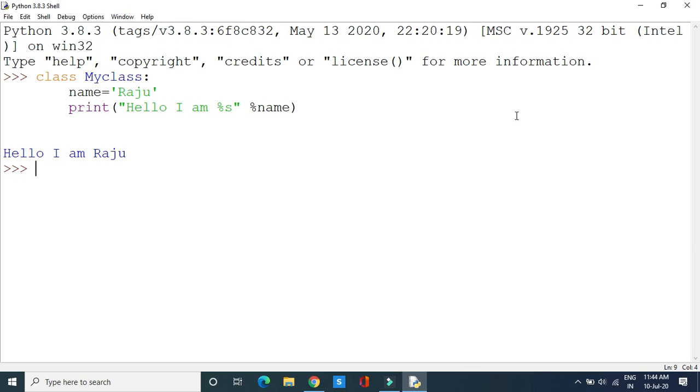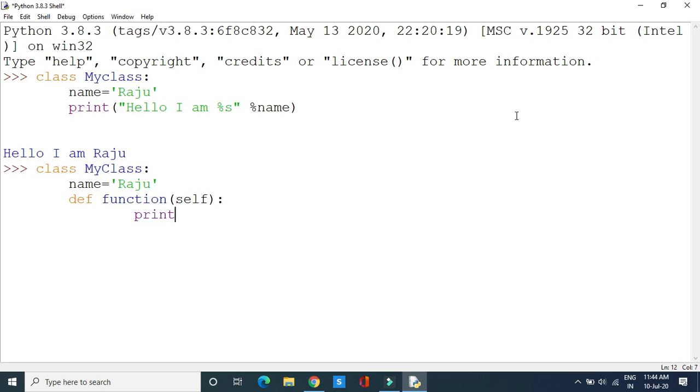For a better implementation of encapsulation, I will modify the code in this way. Class MyClass, colon, name equal to Raju, and I will use a function, meaning variables as well as functions. The name of the function is function and the parameter is self. It means that it is a local function.